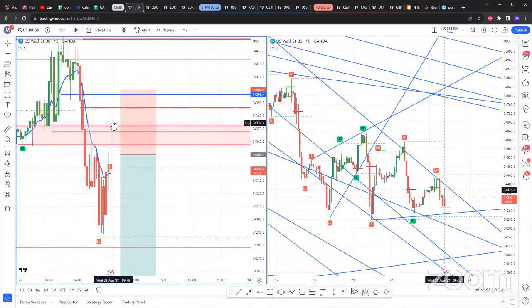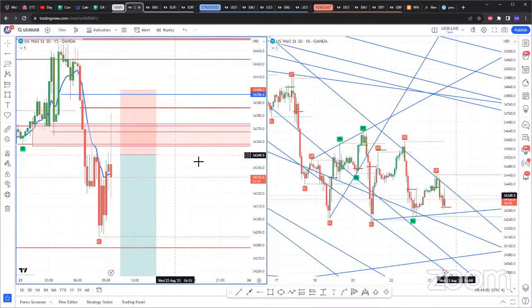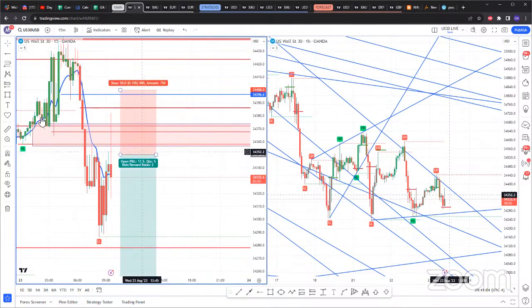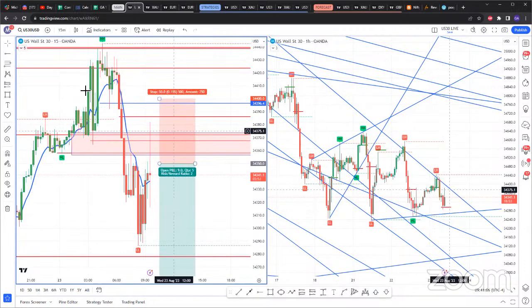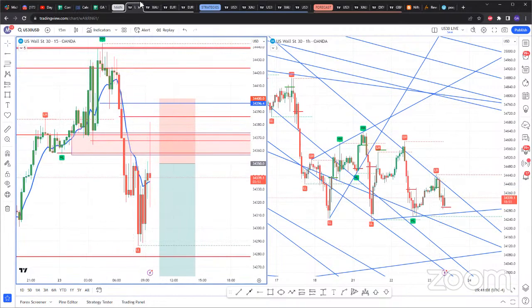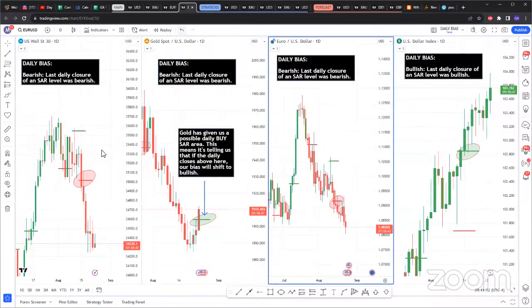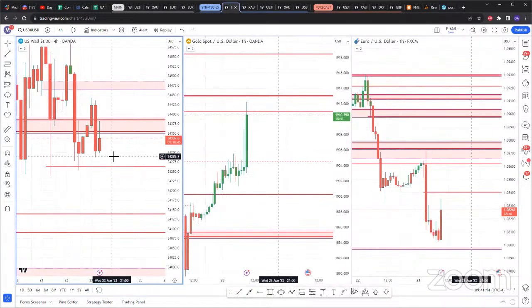So, you can see this is a test because it's testing those triple SARs, and we need the next candle to also close below. So I did enter. You see the trade I just went over with you guys. I entered it late. So I'm in a sell on US30 right now, but let me show you guys where I entered it.